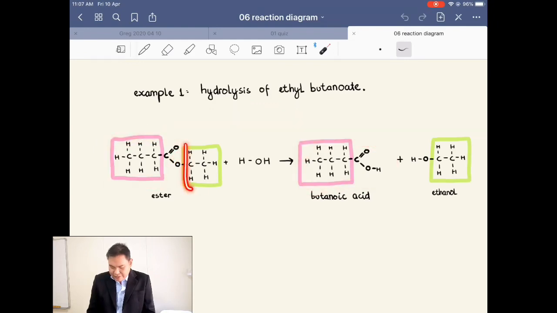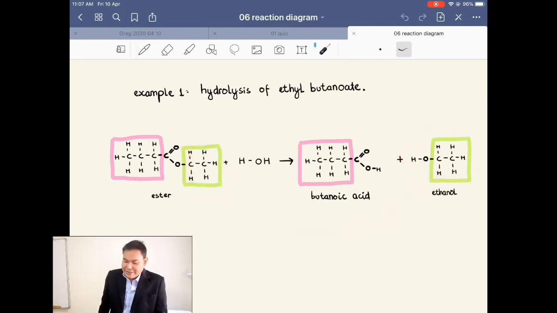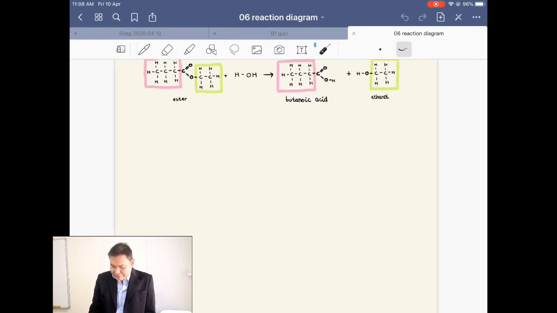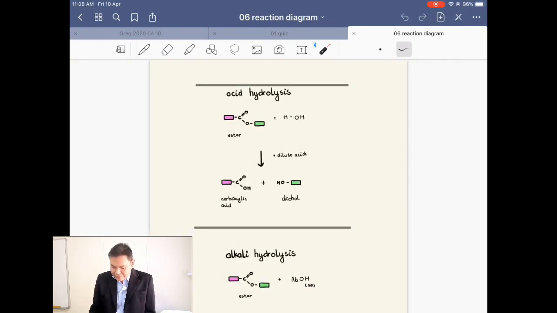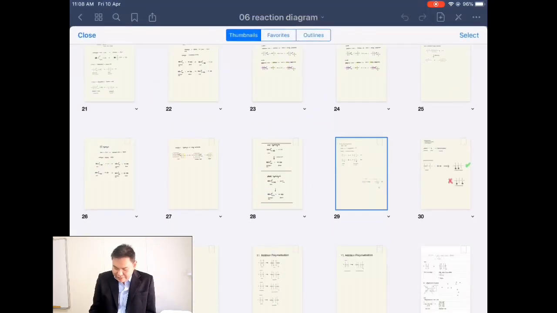The ethyl portion of the ester will turn into ethanol. Yes? So hydrolysis of ethyl butanoate will produce butanoic acid and ethanol. You need water, of course. Then the catalyst is hydrochloric acid, dilute. Yes. Then the next one,